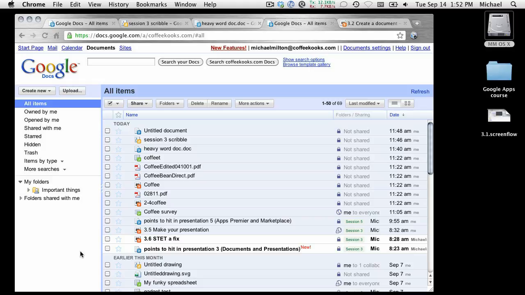So if I could modify one of those image files, then it would be automatically updated inside of my book file,